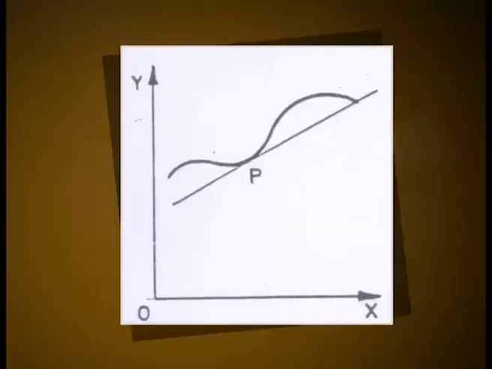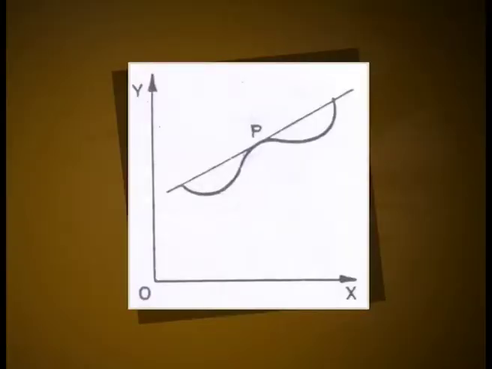the curve. In case a curve does not cross the tangent at a point, we have the following two possibilities. First one, there is a portion of the curve on both sides of P, however small it may be, which lies above the tangent at P, that is towards the positive direction of the y-axis. In this case, we say that the curve is concave upwards or convex downwards at P, see figure 1a.